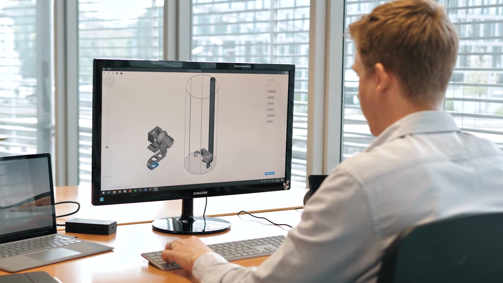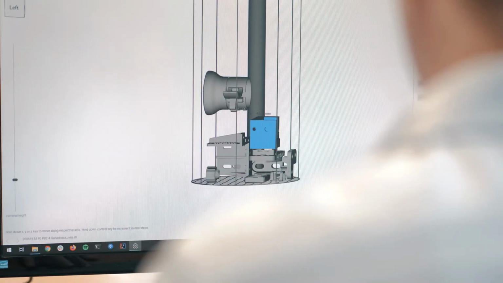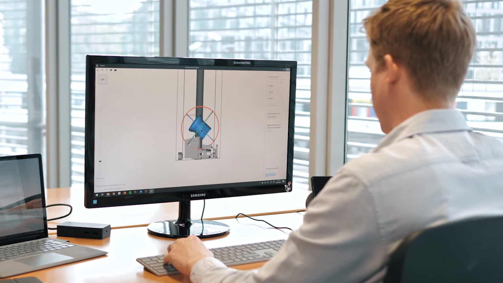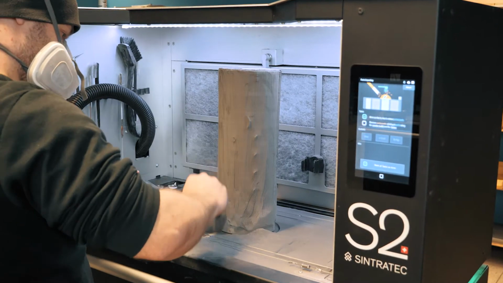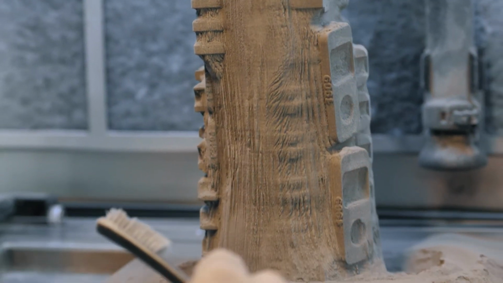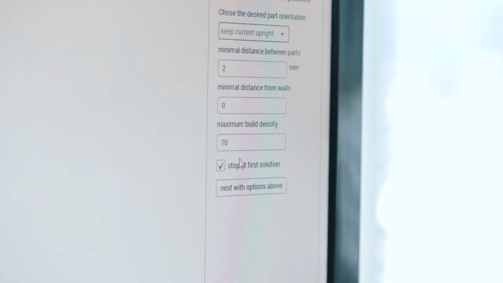3D printing software often demands a lot of manual tasks from its users. 3D objects have to be placed, oriented and moved to use the print range in the best way possible. Far too often, this process leads to mediocre results with precious printing time and material going to waste. With our Sintrotec nesting solution, we are convinced to put these tiring puzzle games to an end.